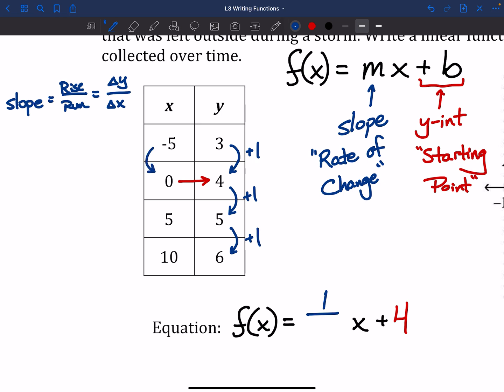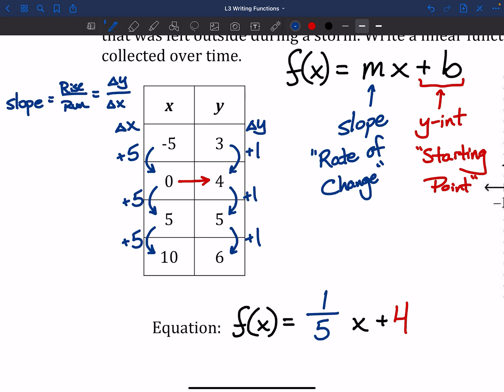Still going to take a look from one line to the next, but to get from -5 up to 0, I had to go up 5, right? So positive 5. To get from 0 to 5, I had to go plus 5. And from 5 to 10, again, we got plus 5, right? So again, over on the right side, we found the change in y. This was the change in x, so that's going to go on the bottom. So when we get to the end of that, we find that our slope, our rate of change, is 1/5,